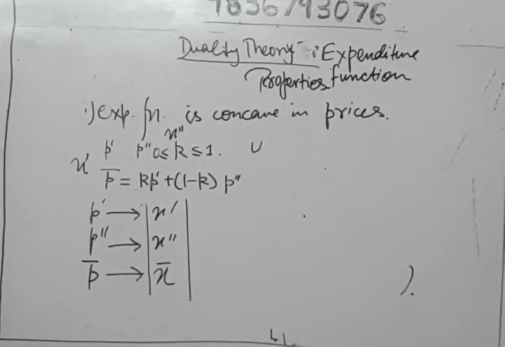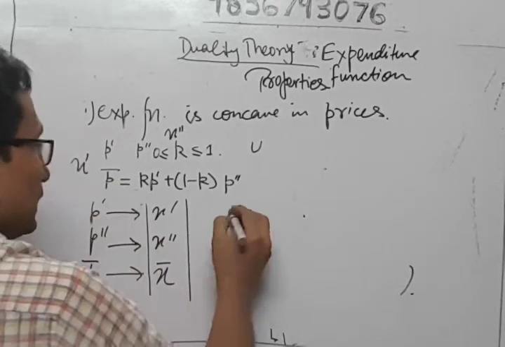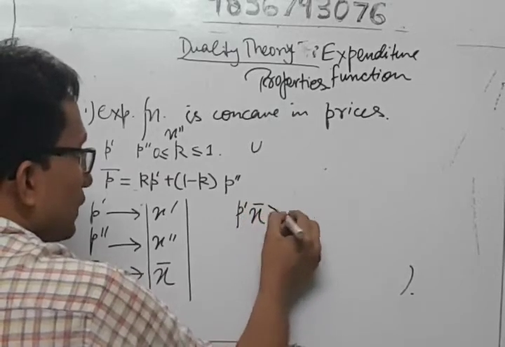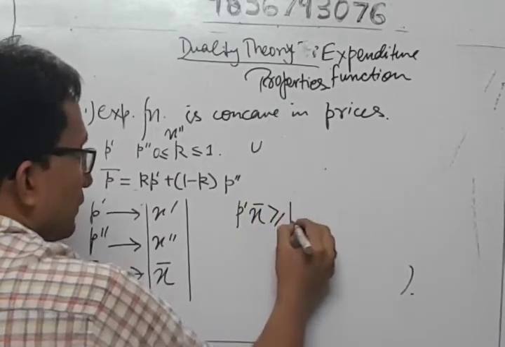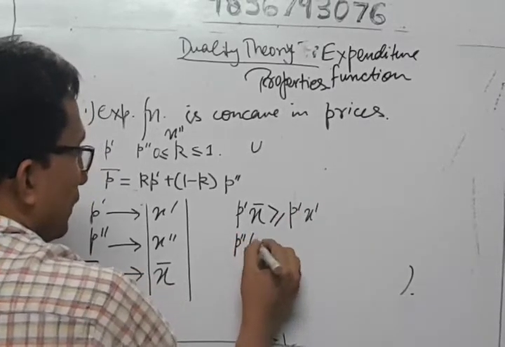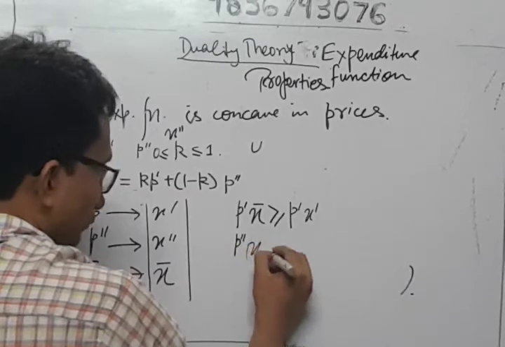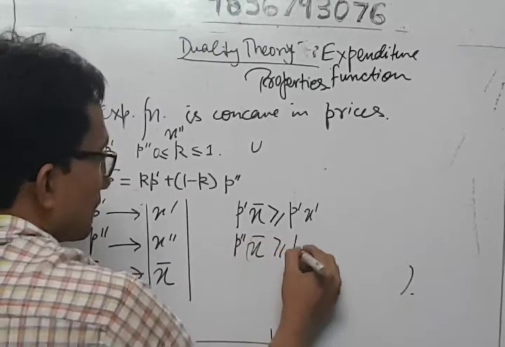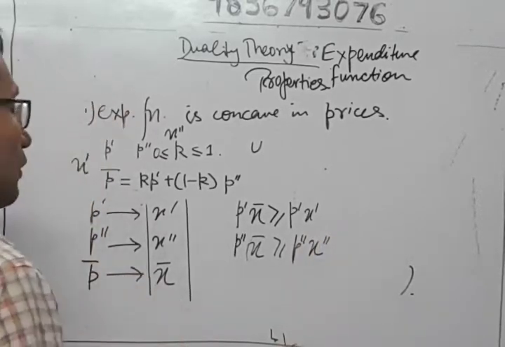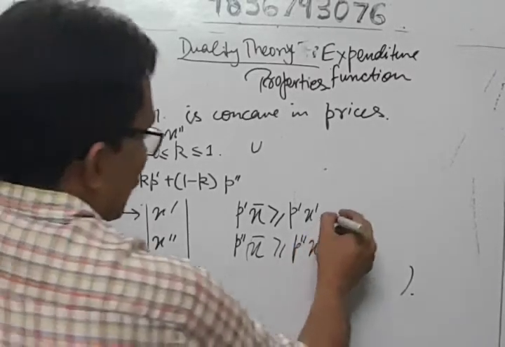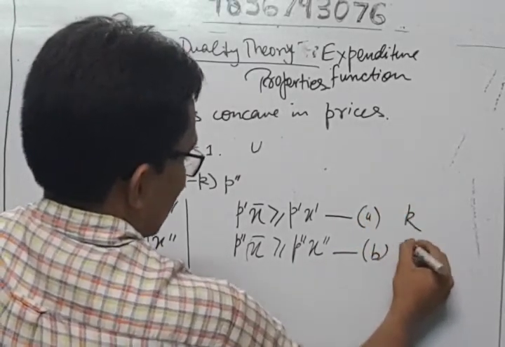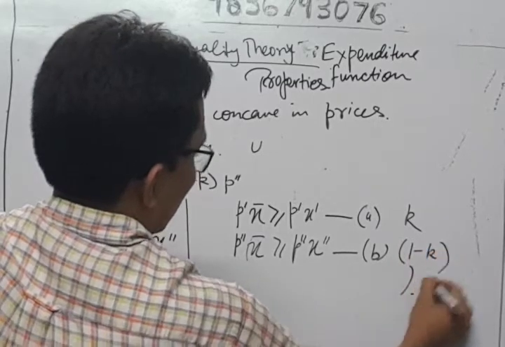Now if this is what follows, then we can write easily that P'X̄ is at least as expensive, if not greater than P'X', and similarly for P''X̄ is at least as expensive, if not more expensive than P''X''. Now multiplying this cost inequality by k and the second inequality by 1 minus k, and adding both sides, we